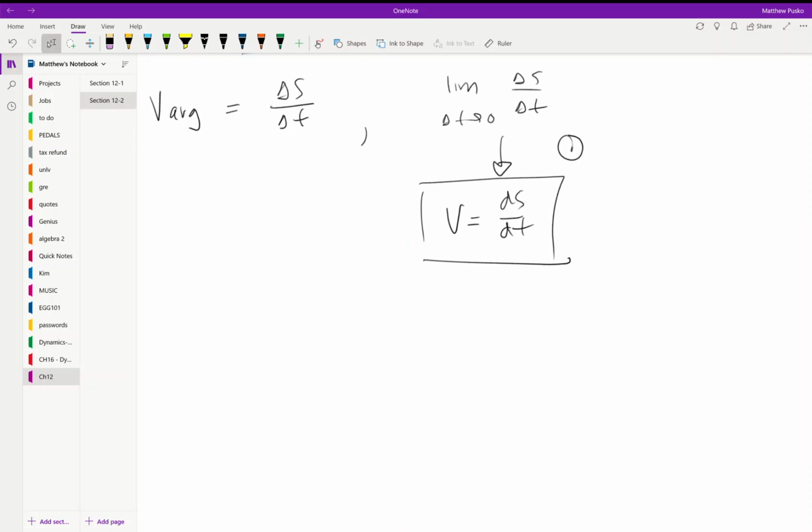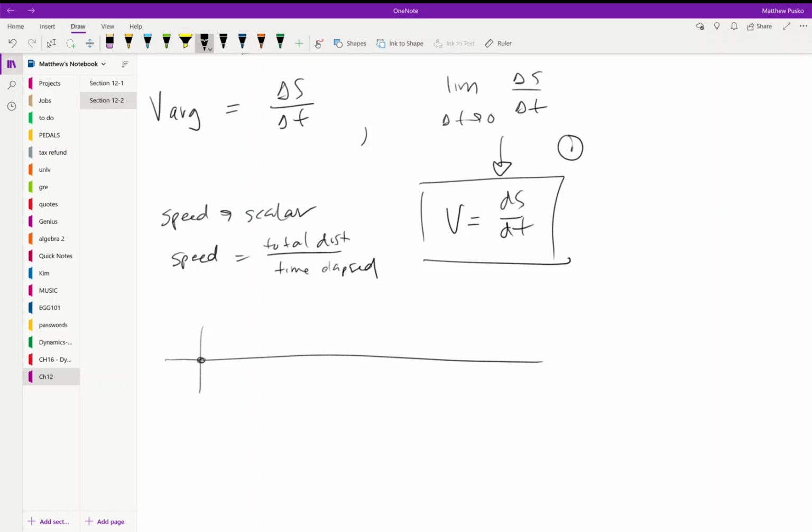So we have average velocity and average speed also. The only difference is speed would be a scalar, and velocity has a direction with it also. So speed would just be the total distance traveled divided by the time elapsed. So it doesn't matter what direction you're going. And in this case, what if